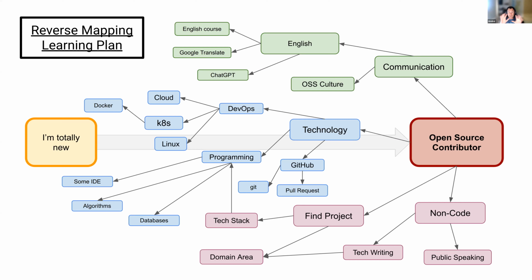So this is the picture that I have imagined for some person to build their path to learn technologies. And now it's much more concrete. We know that we need to learn Docker. We know that we need some IDE and maybe databases. We can improve and detail the path further, and that path all grows from being an open source contributor.